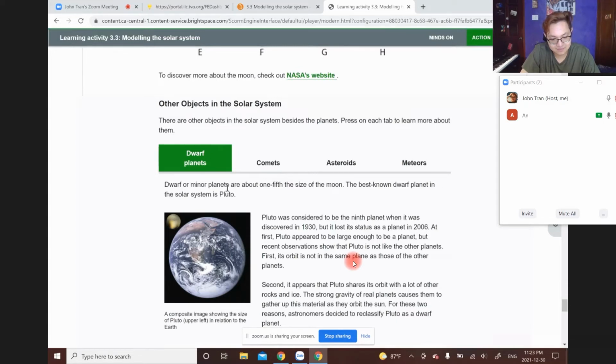Pluto appeared to be large enough to be a planet, but recent observations show that Pluto is not like the other planets. First, its orbit is not in the same plane as those of the other planets. Second, it appears that Pluto shares its orbit with lots of other rock and ice,